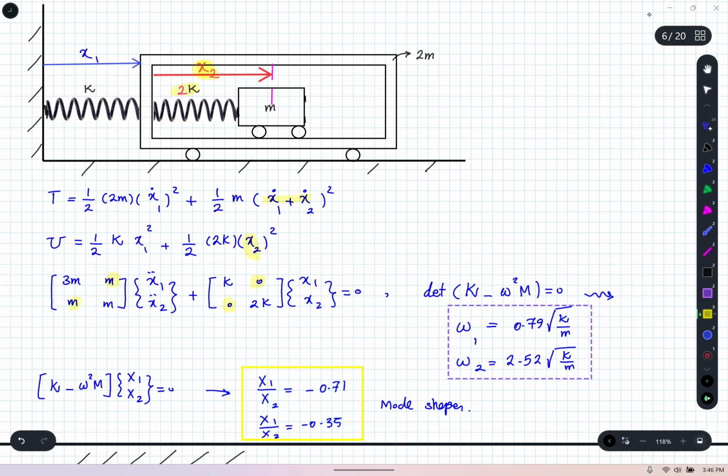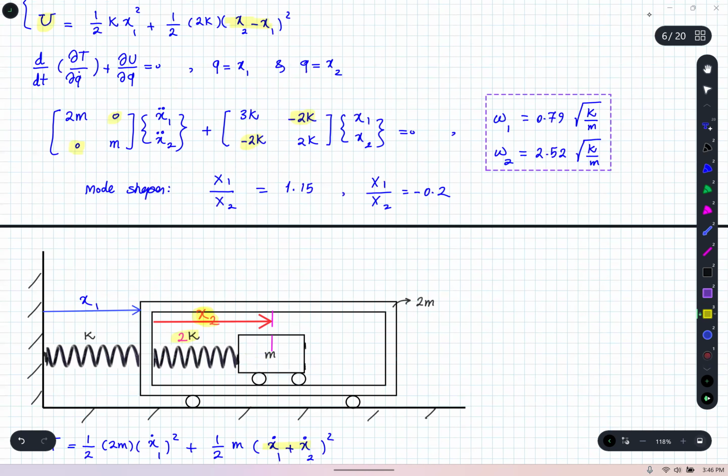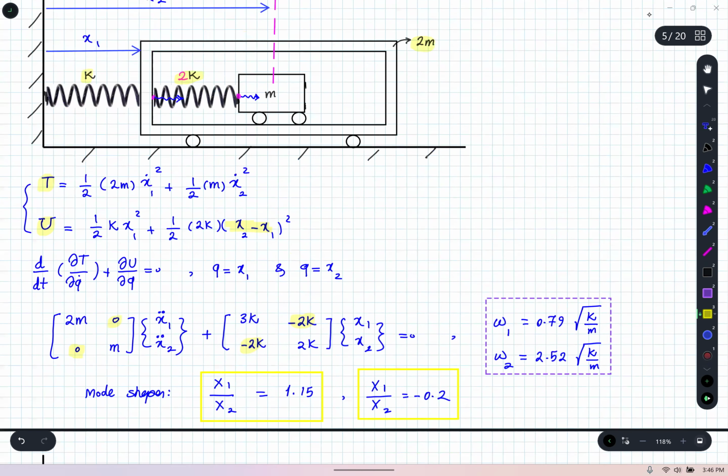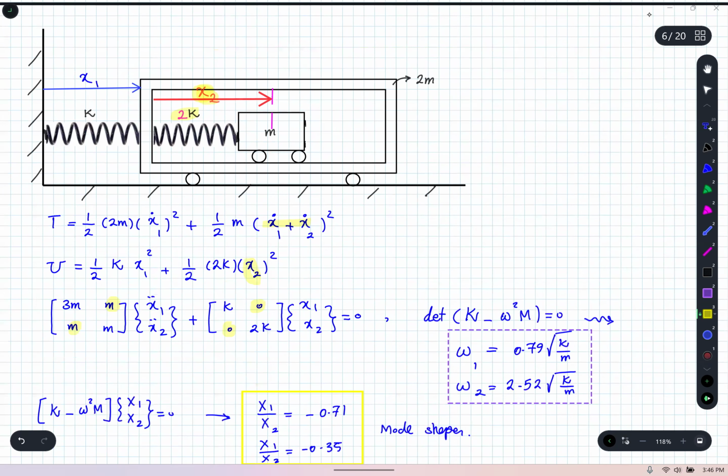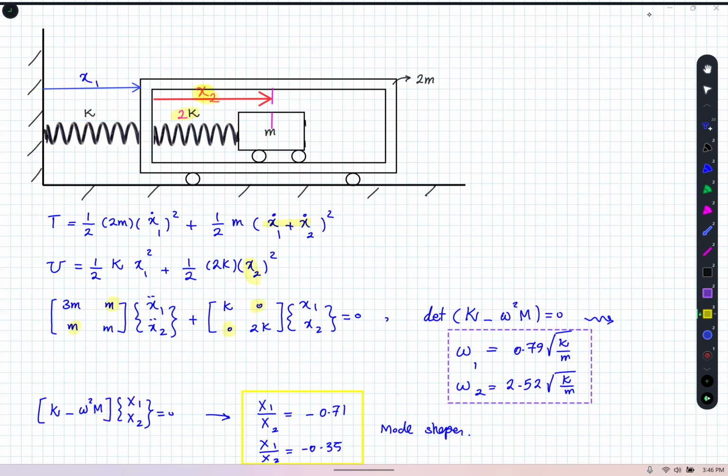All right, let's just go back and look at the numbers we got there. And that's obvious because our definition of x2 is different, right? In the previous problem, x2 is measured from the wall. Here, x2 is measured from the cart, and that's why we expect a different answer. So in conclusion, when you change your coordinate, you get the same natural frequencies, but your mode shapes would be